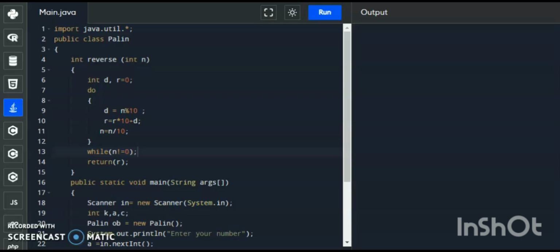The term palindromic is derived from palindrome, which refers to a word. So palindromic numbers are 121, 111, 131. This is the palindromic number. Now let's discuss this program, that import